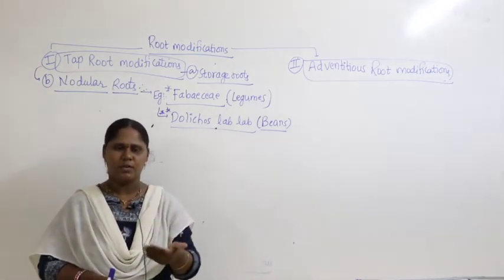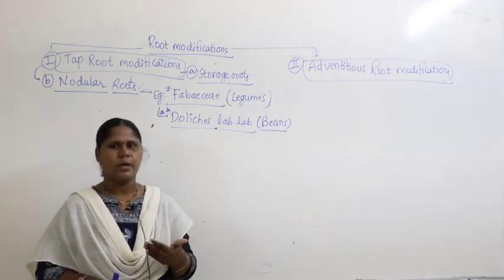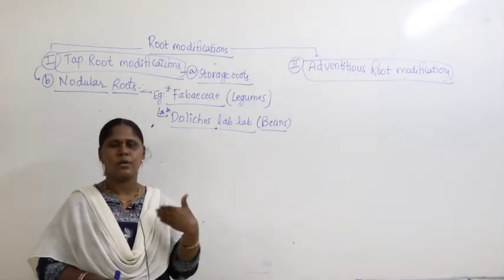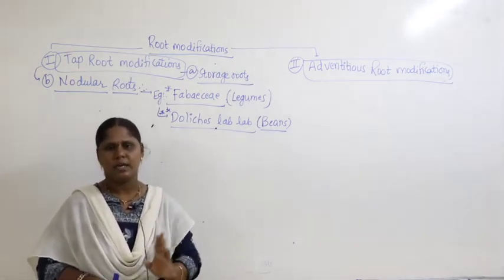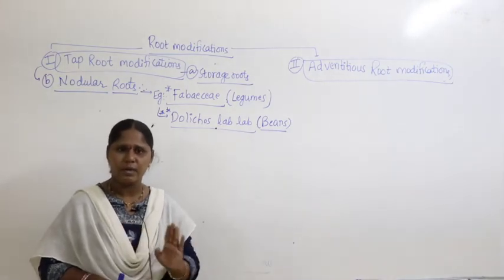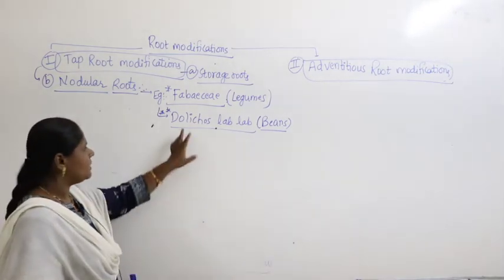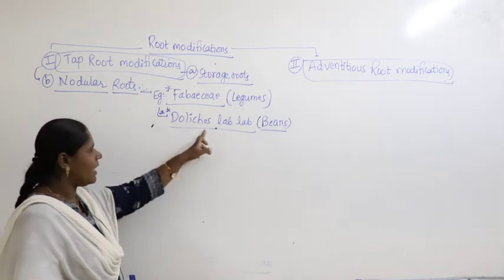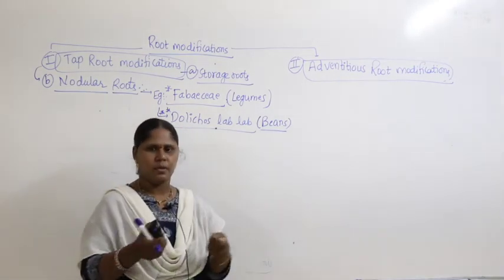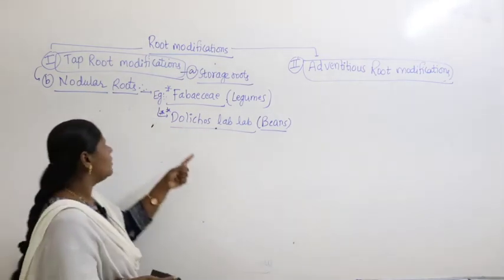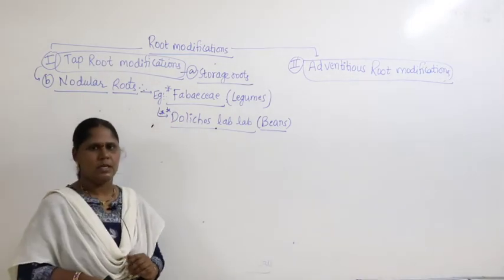Start using scientific names in your daily life, then guys, happily and wonderfully you can remember all the scientific names. Scientific names are very easy. What is that example I wrote? Dolichos lablab, beans, chikkudu, right? Beans, which belong to the family called Fabaceae.